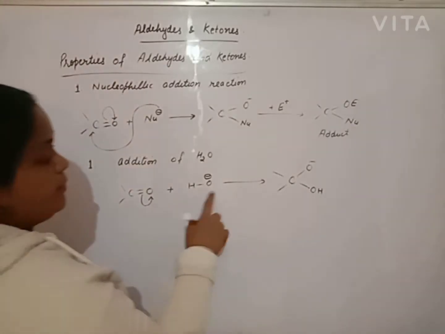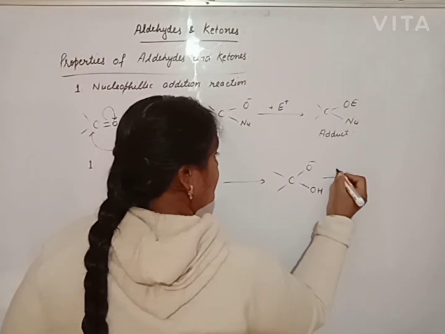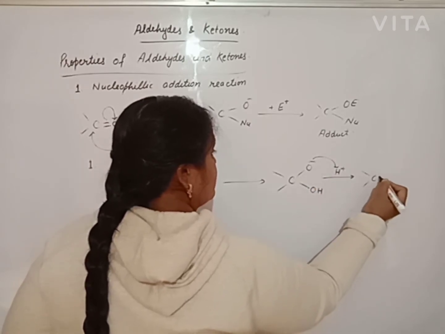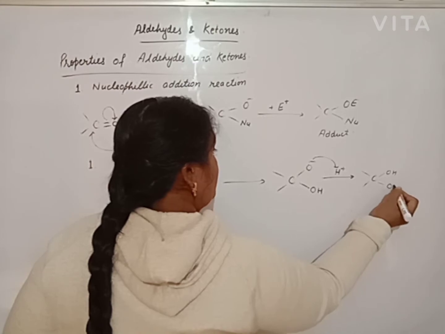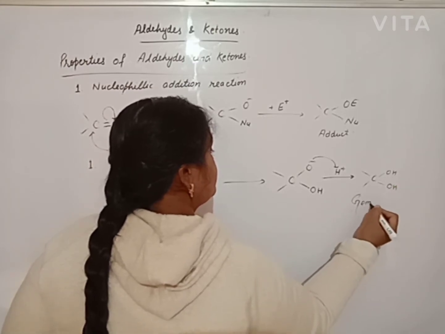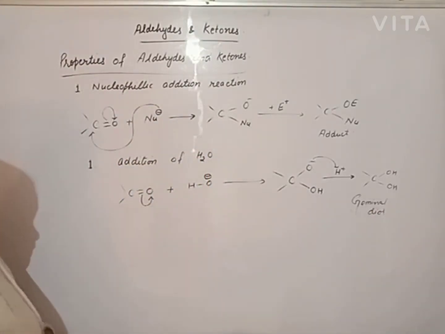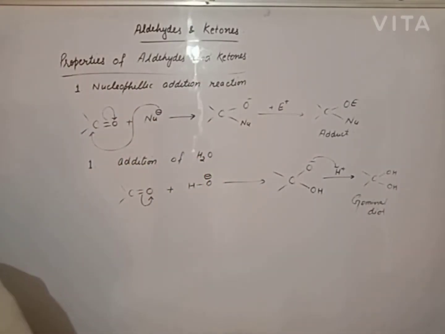Then the remaining part, that is H positive of water, combines with this oxygen to give diol, geminal diol. In the same way, we have some reagents in which a stronger nucleophile is present, such as addition of hydrogen cyanide, addition of sodium bisulfite,